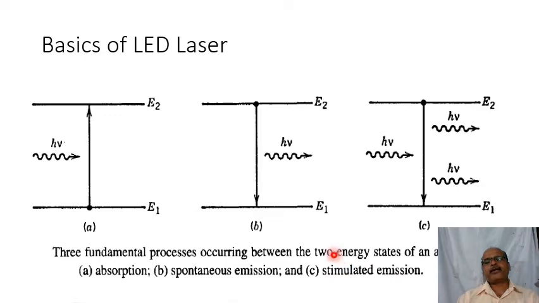The word indicates stimulation. That is, here more pumping is provided. That is what is meant by pumping: providing a larger number of electrons in the excited state. When a large number of external electrons are provided here, then while these electrons fall, photons of more energy are released. That is, two photons are released and more light is emitted. This process is called stimulated emission, and basically an LED operates on the spontaneous emission process, and a laser operates on the stimulated emission process.